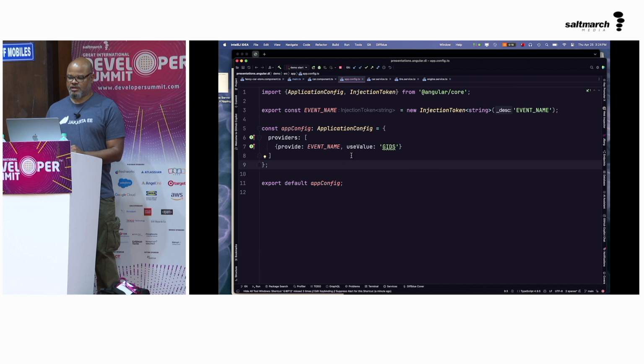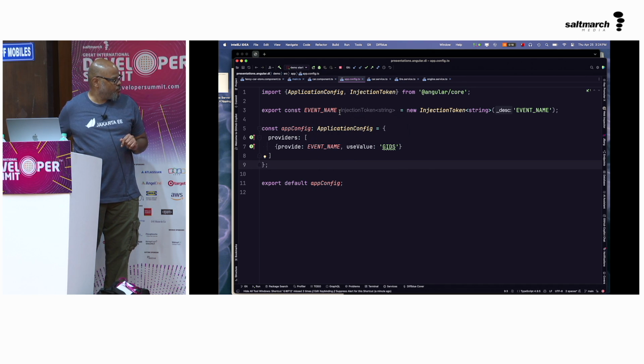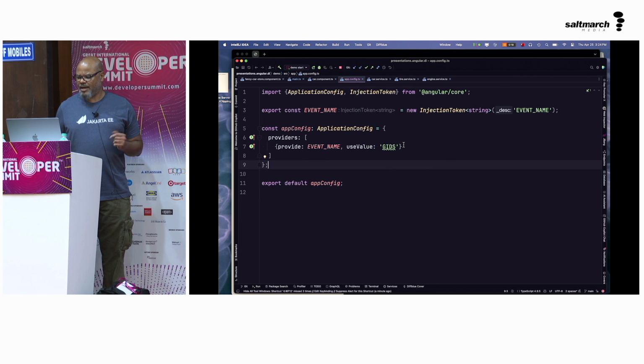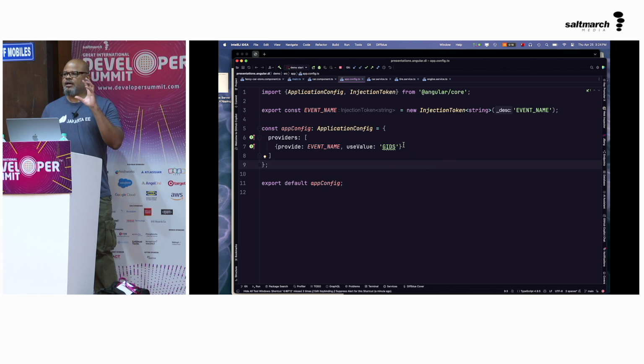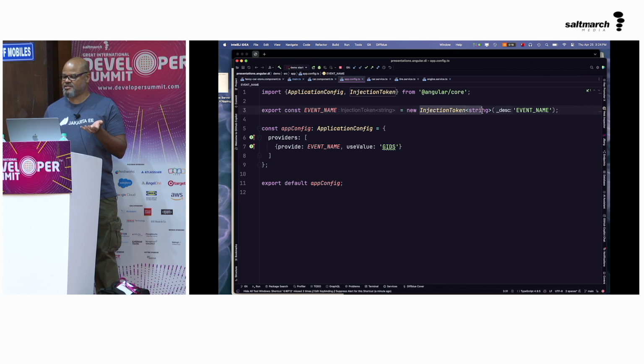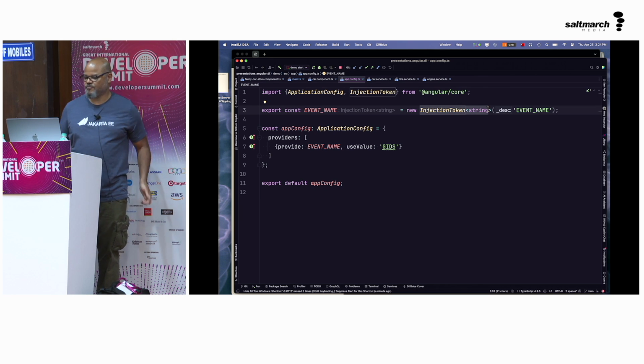And the way this is being used, well, first of all, I'll go back to the token here, right? So this is kind of a weird thing, right? There's this injection token string, right? And the description is event name. And basically what this is saying is, there's different ways you're going to find injection tokens, right? The simple way, obviously, is actually to use the type, and we'll talk more about these in a little bit. But if you want to use sort of a key, you're supposed to use this injection token, and basically what this does is makes it type safe, right? So that you can't mess up what you're putting in there, okay?